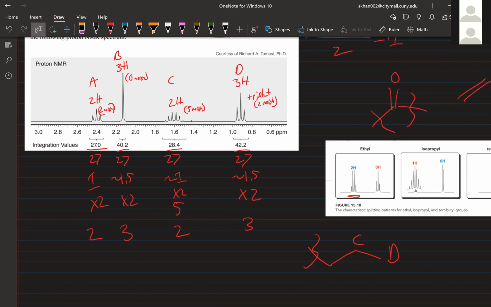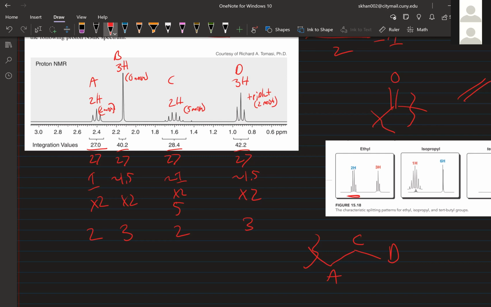A, right? And that makes all the sense now. That D is a methyl group that has 2 neighbors, which is coming off C. C is a sextuplet, which has 5 total neighbors. So 3 are coming from D, 2 are coming from A. So this is why. The more practice you do, the better you'll get at this, because I